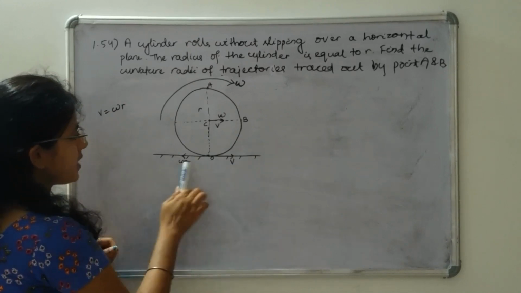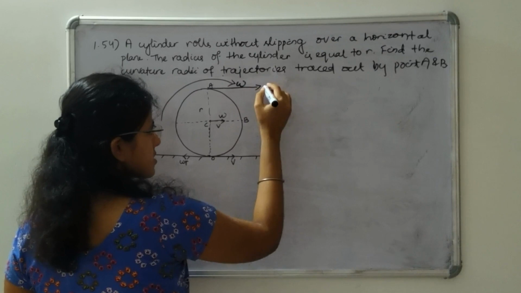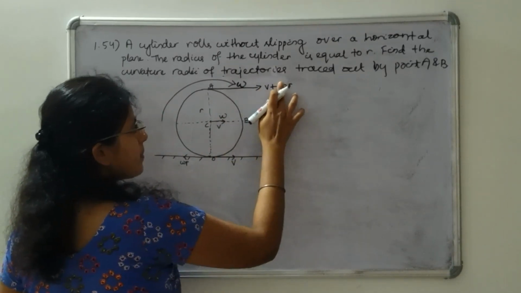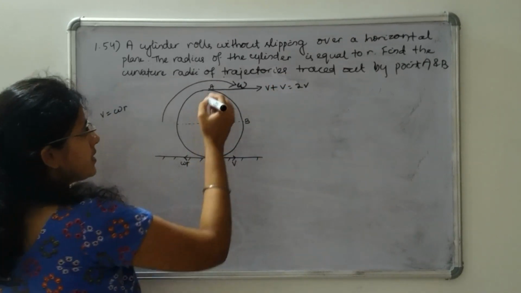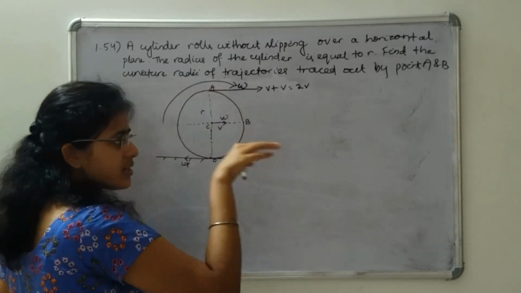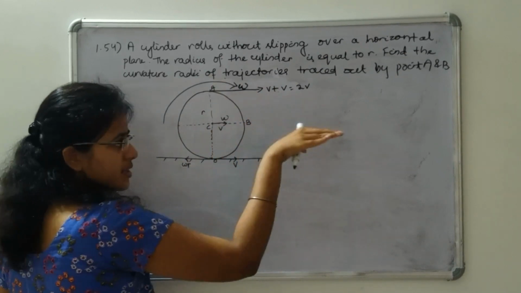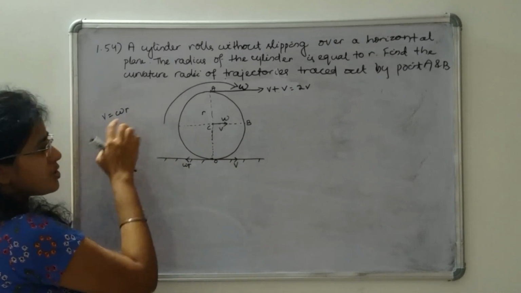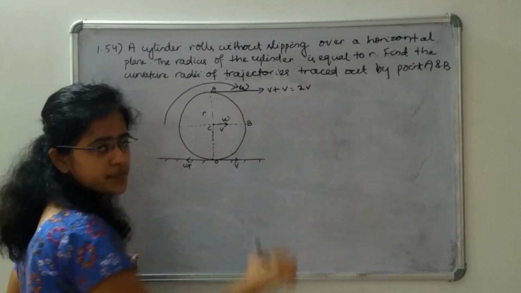Okay, as V is equal to omega r, we have also seen that A is moving in this direction with velocity V plus omega r. As V is equal to omega r, as we have derived, this will be 2V. That is, the center of mass velocity V is in this direction, and A is also moving with the tangential velocity omega r in this direction. But from this condition we have seen that V is equal to omega r. That means it is moving in this direction with 2V.